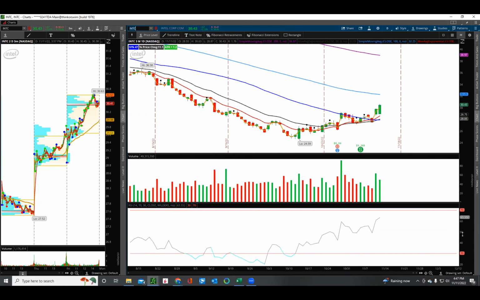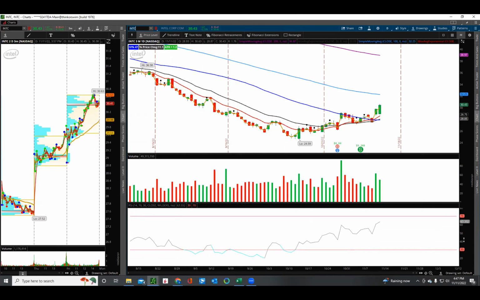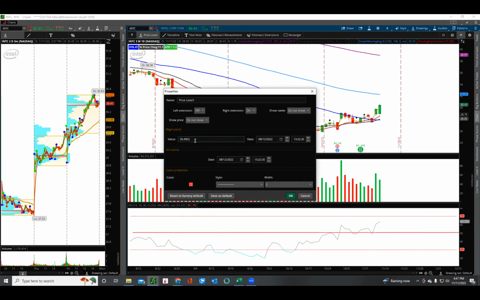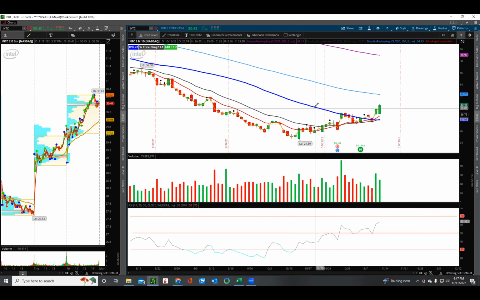Let me also mention real quick. Here's the one level, Rivian. Everyone loves Rivian. Here's the one level that they don't give you that you should throw a line on. And all you got to do is go here, price level, right? Give yourself a line right here and change that to 50, just an even 50. Okay. And that's the one thing that I would say, if you're going to use RSI, throw in that extra